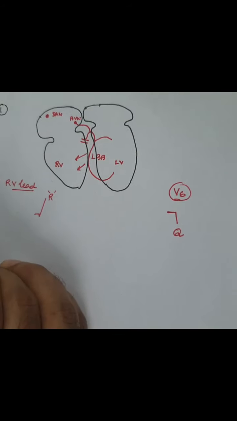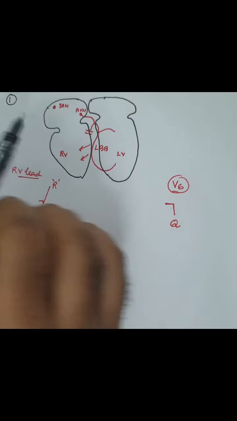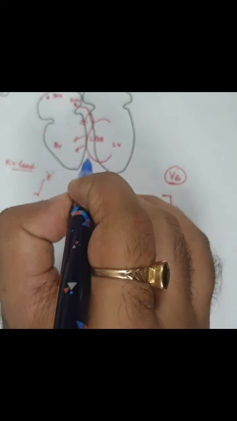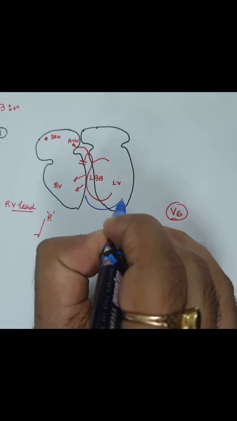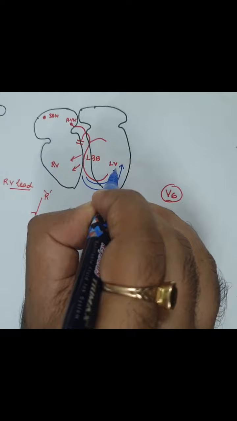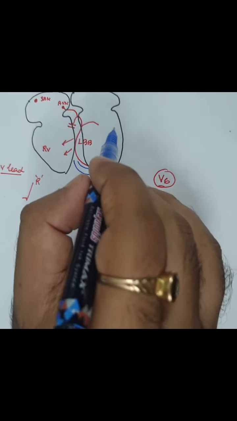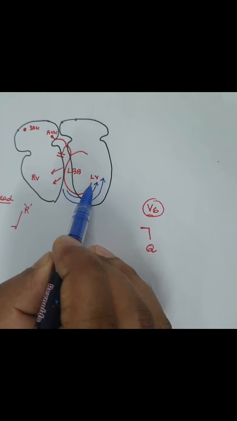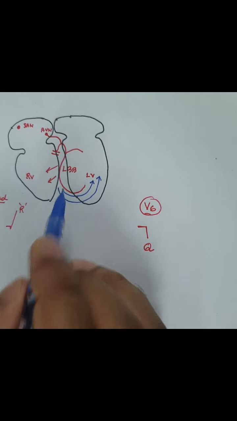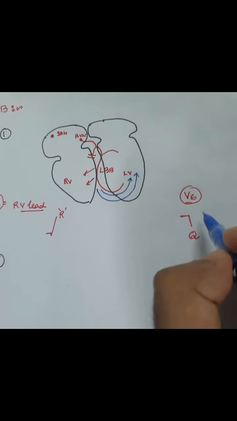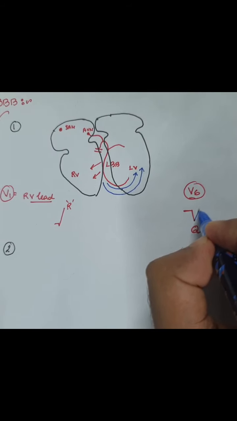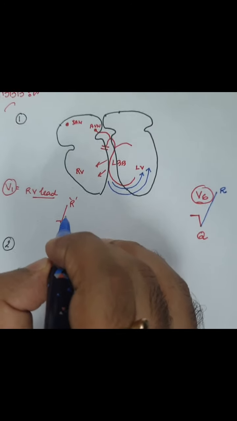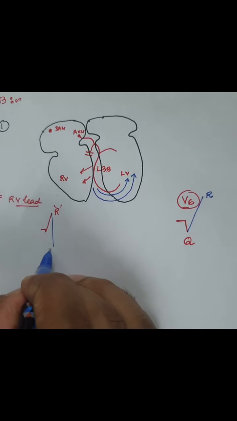Step number 2. In this step number 2, the depolarization waves will now depolarize the entire ventricular muscles from the left bundle branch to all the ventricular muscles on the left side, that is the left ventricular muscles. So excitation is coming now towards the left ventricle, away from the right ventricle. So in case of V6, it will show a positive deflection or the R wave. So there is generation of the R wave, but in case of the right ventricle there will be a negative deflection. So S wave.